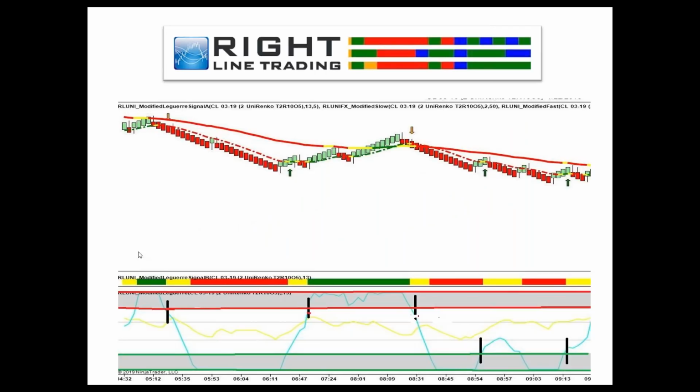Now, those were stocks, here's our futures. Here's the Laguerre arrow on the cross of the 80 line down. We get a nice move down, the Laguerre locks, and then as soon as we get the up arrow, we're out. Same thing. Short on the cross of the 80 line, it locks red. As soon as that locked red steps aside and the Laguerre line comes above the 20 line,